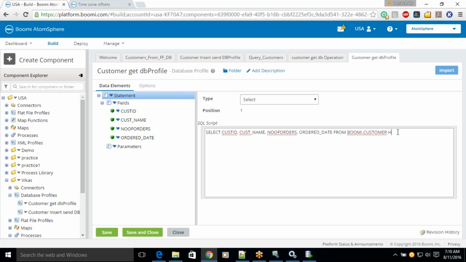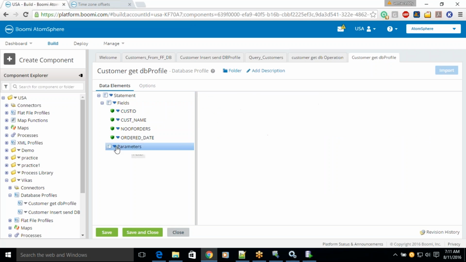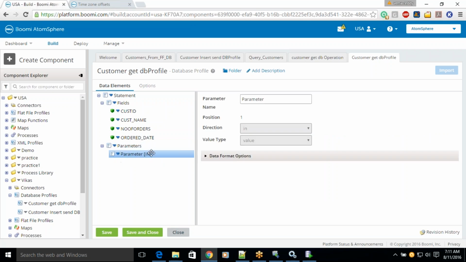What we need to do? We need to give a where clause where cust id is equal to, I can put this one, 201. Every time I run, I'll be getting only the same value, but I want to take this value dynamically. How can you take this value dynamically? Using the parameter. For this question mark, at runtime it will be replaced by the parameter called,